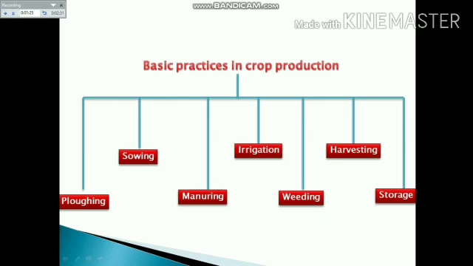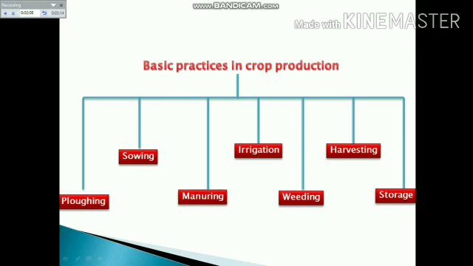The next step is irrigation. Irrigation is the act of giving water to the crops at regular intervals. There are traditional methods and there are modern methods of irrigation. Modern methods are better. A reason behind the modern methods of irrigation like drip system and sprinkler system is that they conserve water, and they are very good on the lands where there is less water available. There is scarcity of water. In the areas where there is scarcity of water, these two methods are very fruitful.